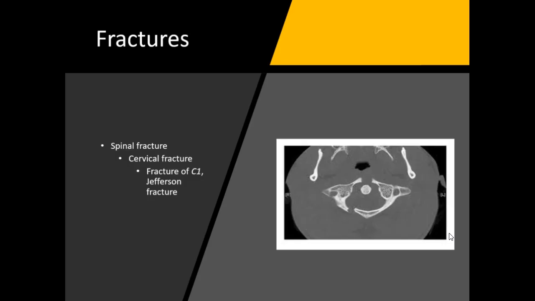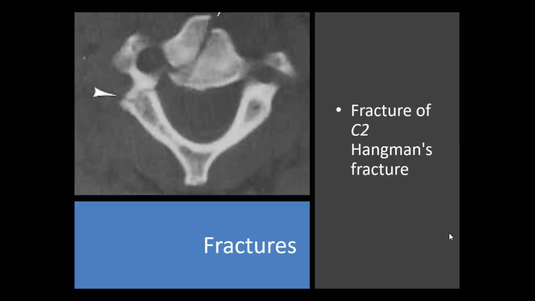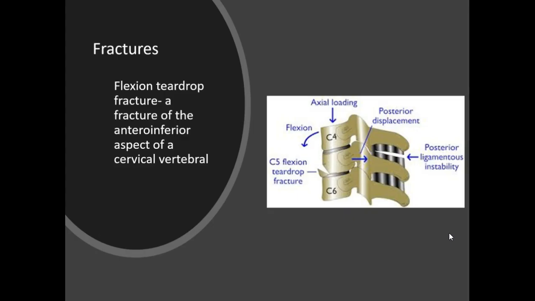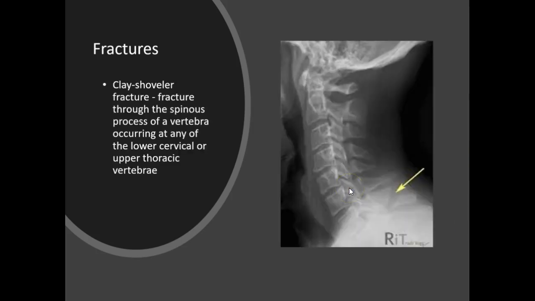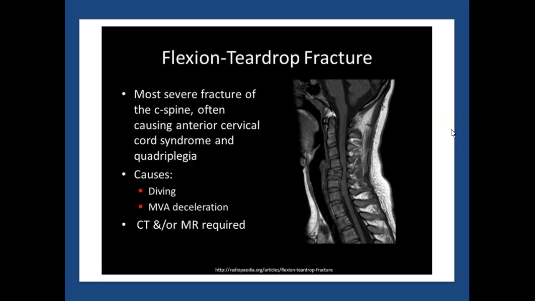So fractures of the cervical spine. If you fracture C1, you can have a Jefferson fracture. Fracture of C2 is hangman's. And you can have teardrop fracture, which is of the anteroinferior aspect of the cervical vertebra. So you get a chip broken off there. And you can have clay shoveler's right here. And teardrop again with compression. We get this from